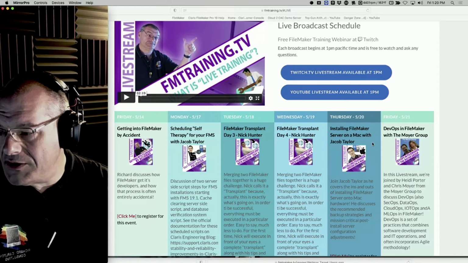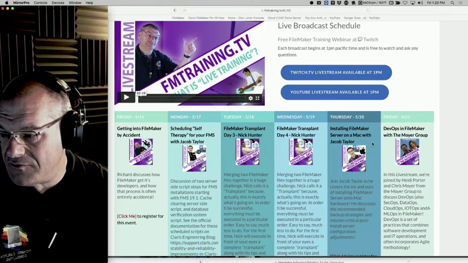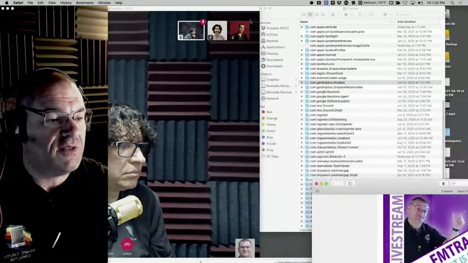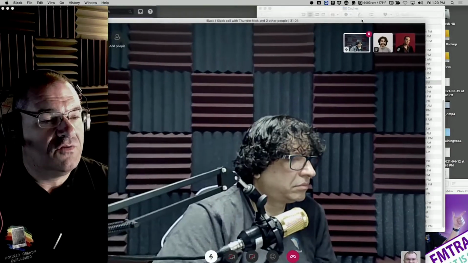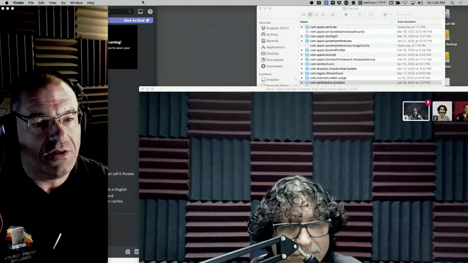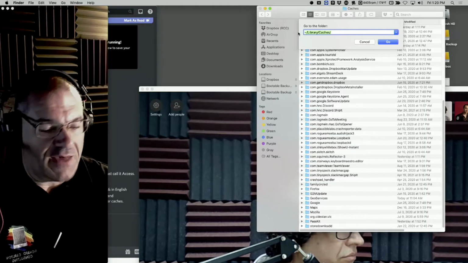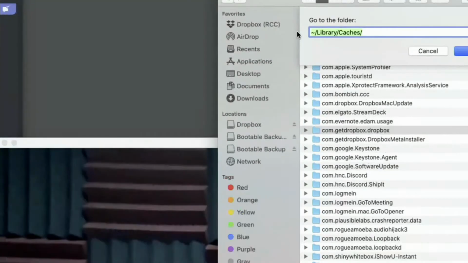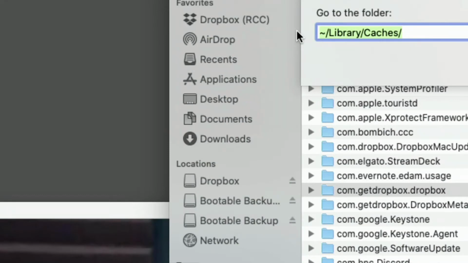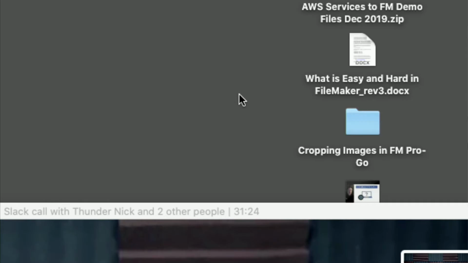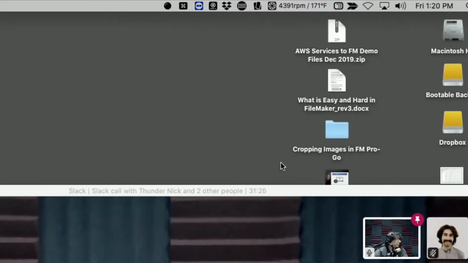And so I guess Moki just showed up asking us to find this one more time. So I'm going to do it for you real quick, Moki, since I'm a nice guy. You're going to go to the Library folder, right? You're going to hit Go to Folder, and then this is the path name right here that you're looking for on the Mac. If you're on Windows, it's going to be a little different, but it's the exact same thing. You're going to find it, quit FileMaker, kill the cache, then reopen FileMaker, and FileMaker will rebuild the caches as necessary.